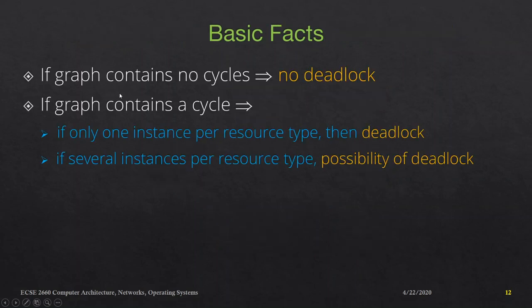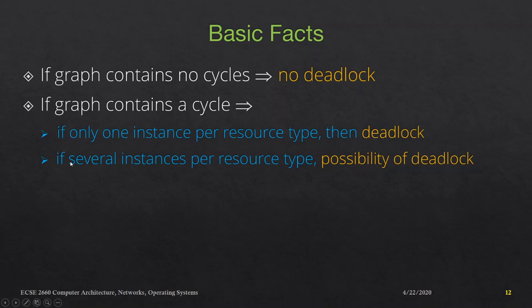So with this, we can summarize that discussion into these statements. One, if the graph contains no cycles, then there is no deadlock. I don't need to do any more checks. Next, if the graph contains a cycle, maybe more, then two things can happen. One, if there is only one instance per resource type, meaning the mutual exclusion condition holds, then we have deadlock